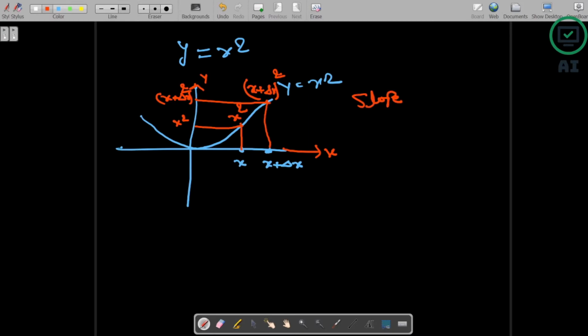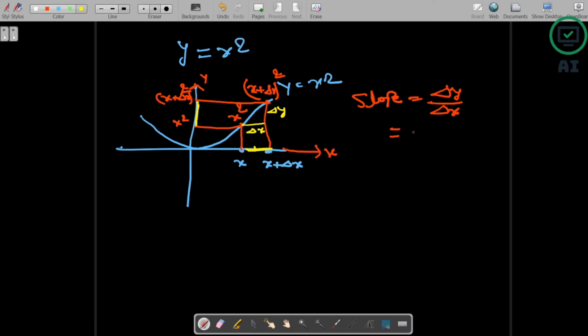Now calculate the slope. We are calculating the slope between 2 points again, but see how to find out the slope at that particular point. So we will see here. What is the slope here? Again delta y by delta x. What is delta y here? Similarly, the change over y, and this is delta x. So delta y is what? This is delta y and this is delta x.